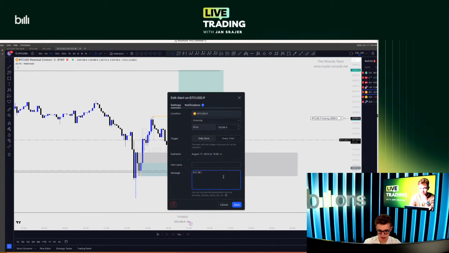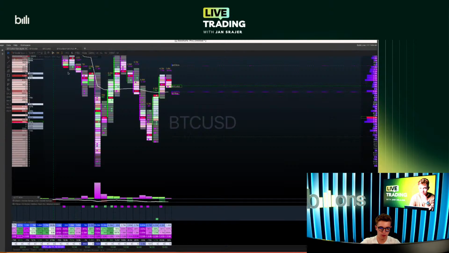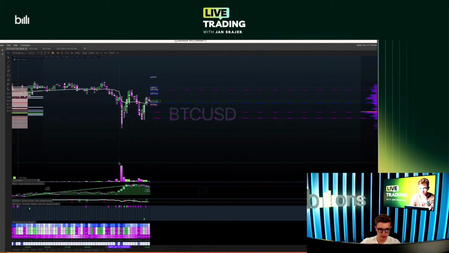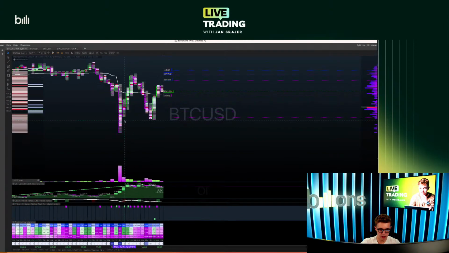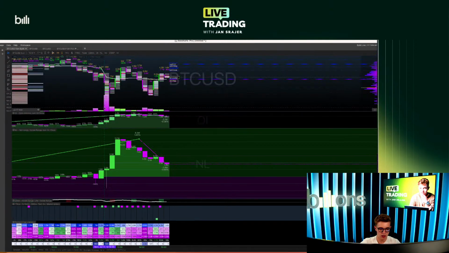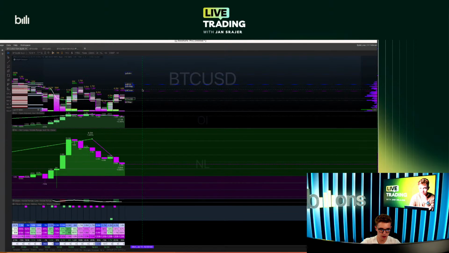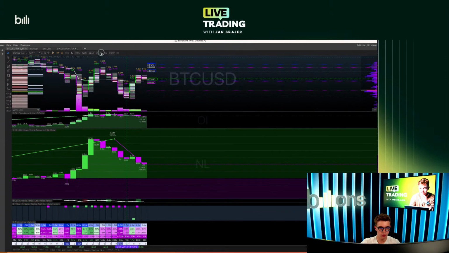So let's just say BTC break even like this, and we can monitor this initial push from the demand level on a 5 minute time frame. So checking the open interest, obviously we got plenty of open interest out of this move down. Quite a lot of longs stepping in here on these two candles, but they got stopped out on this second move down. So this should be okay.